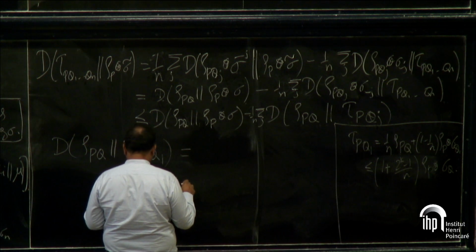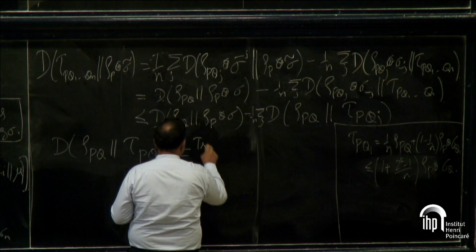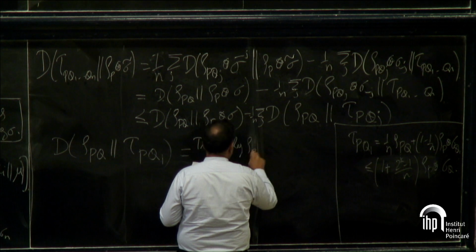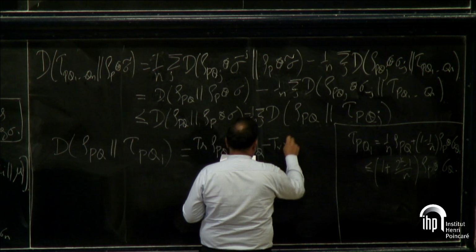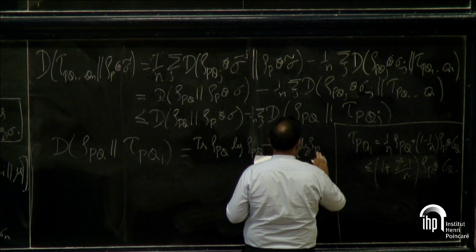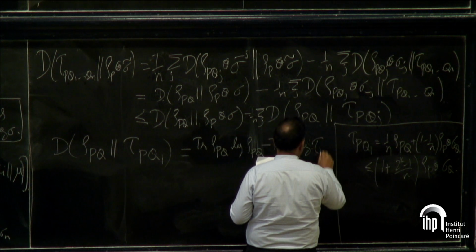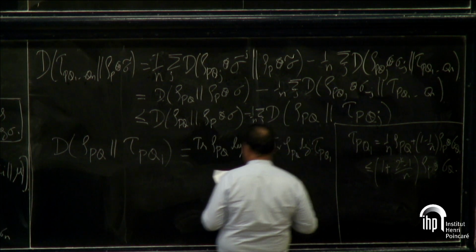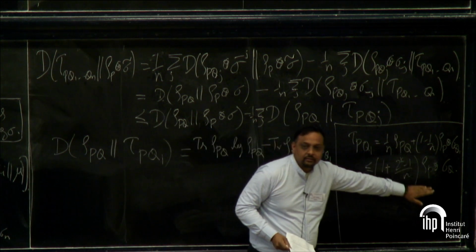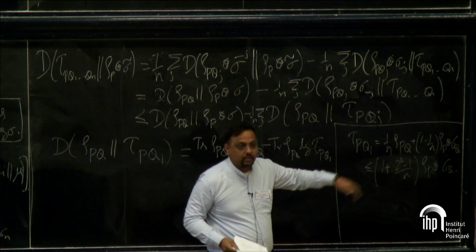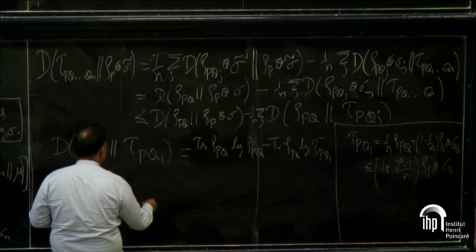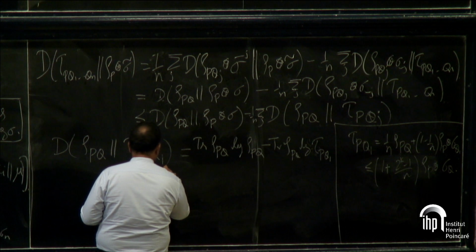Because now what is this? This is trace rho PQ log rho PQ minus trace rho PQ log rho P, tau PQ1, okay? Which, you know, so we take log on both sides here, and we use the fact that log is operator monotone, okay, which gives us greater than or equal to